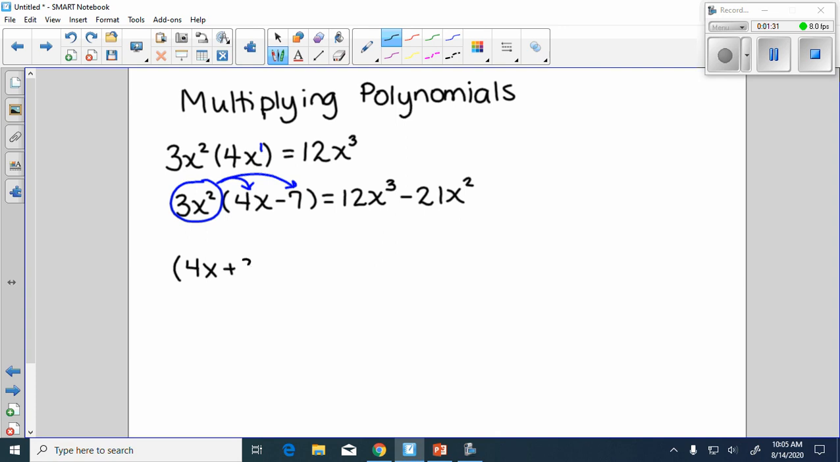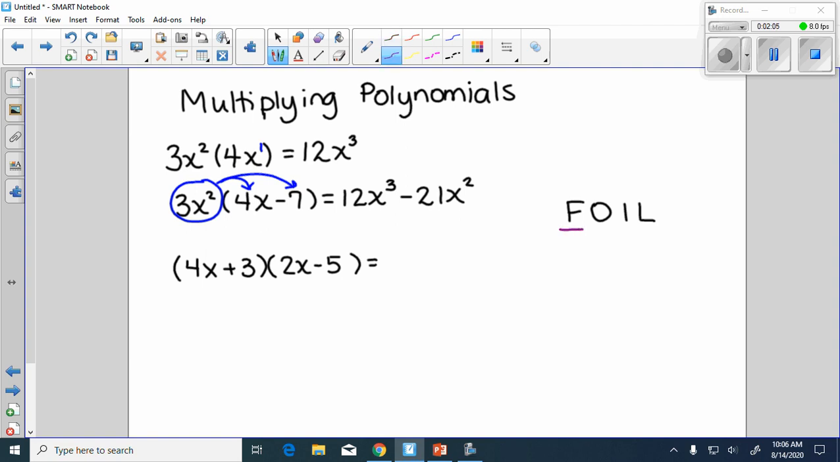Now maybe instead of just having a monomial like 3x squared times a bunch of things, maybe I have two binomials and I want to multiply them together. So I have two terms in the left expression and two terms in the right expression, and they're added together or subtracted, and so now I've got more pieces involved I've got to deal with. Remember the word FOIL helps us to get through this multiplication problem,